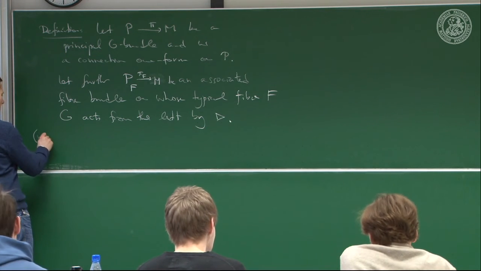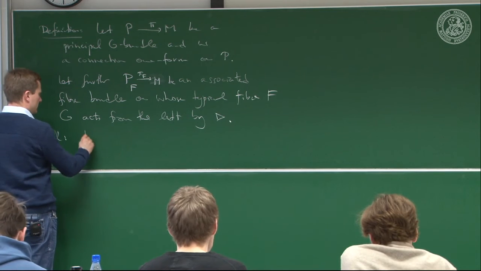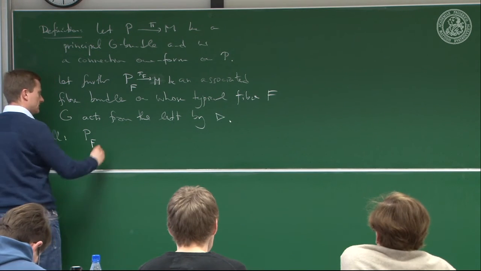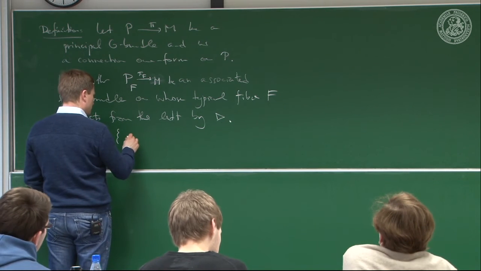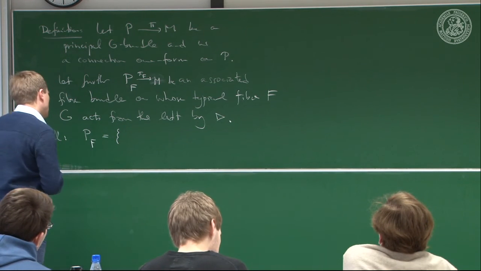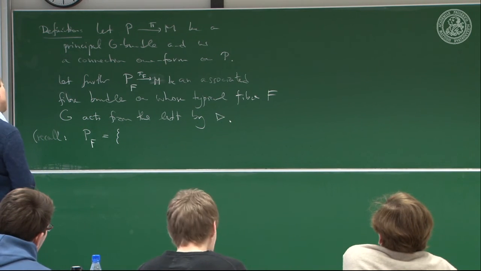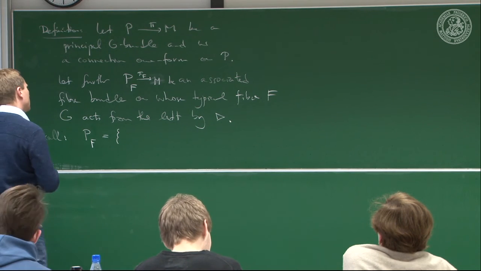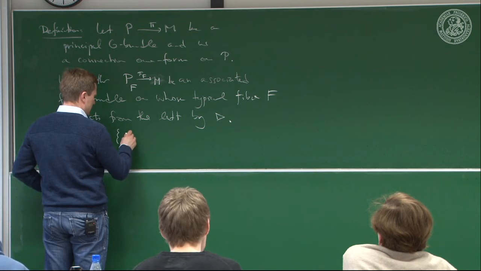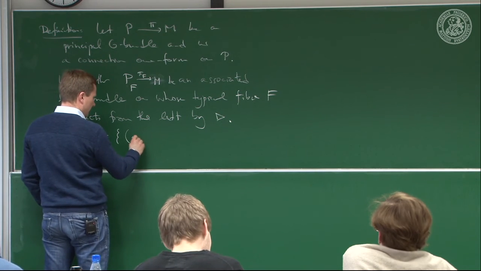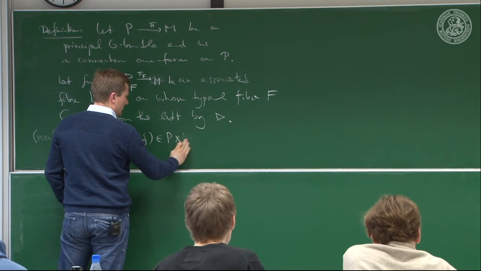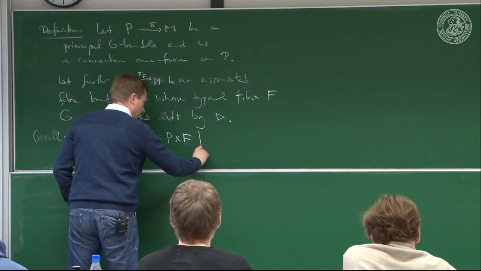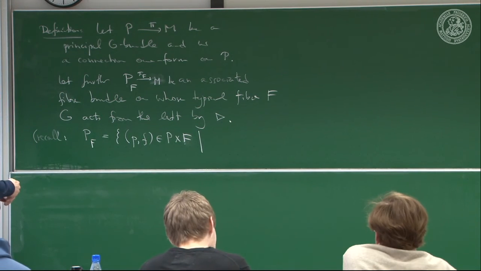So recall that the total space of the associated bundle was constructed as the pairs of a P and an F in P Cartesian product F, where the